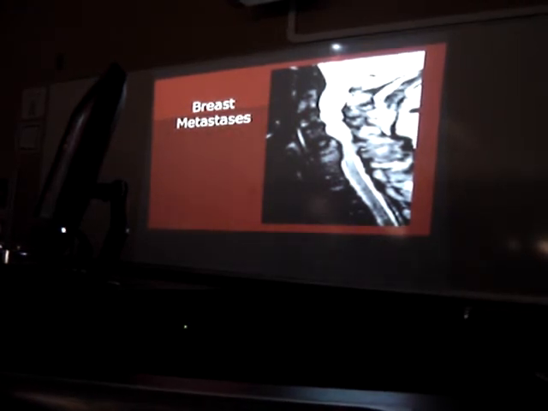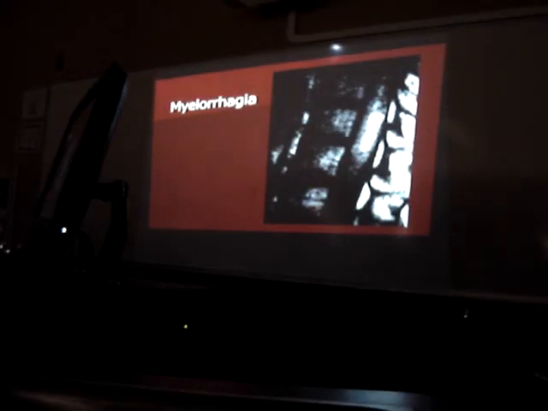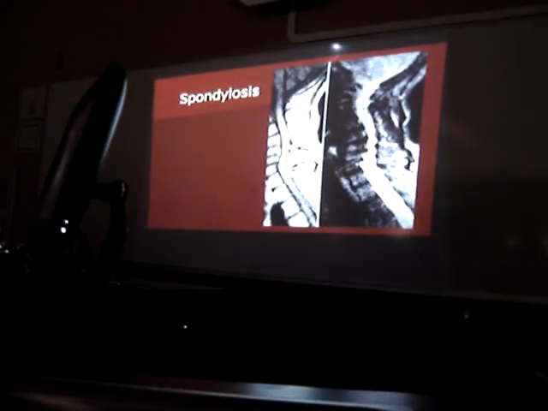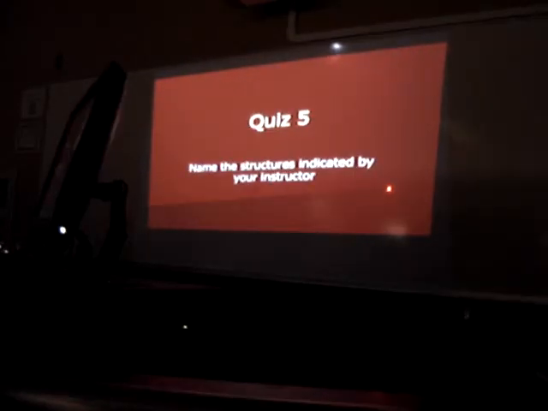right. Breast cancer metastasizes generally to two places, either the brain or the spine. This is a hemorrhage in the spinal cord. A congenital, you may have heard of spondylosis. Look at the cord. This is T1, which tends to show anatomy. A T1 weighted image. A T2 weighted image tends to show pathology a little better. So,